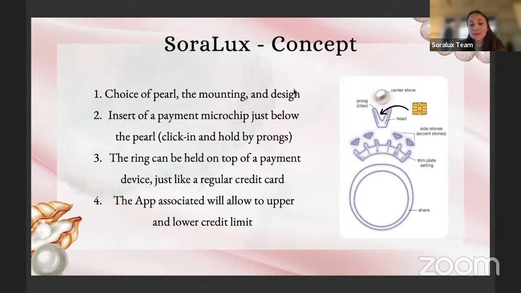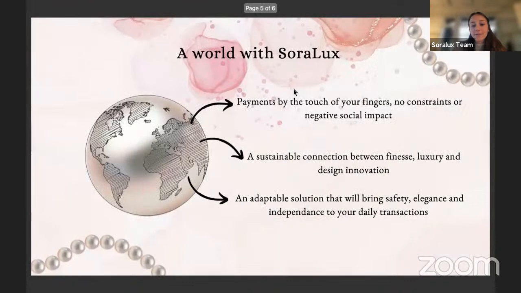But the beauty of this ring is not only its design and smart technology, but its full transparency from the supply chain. 95% of the material involved in the production of Sora Lux rings can be reused or recovered. What we are yet most eager to achieve is the donations generated by the ring when making a payment, mostly as a forfeited gift to the Sora Lux Foundation that we are creating. We aim to go beyond sustainability and host philanthropic events that can educate users on our cause.